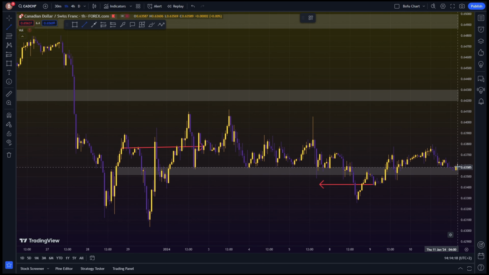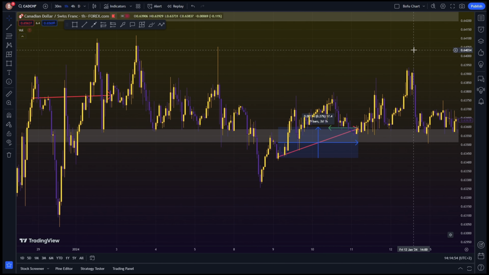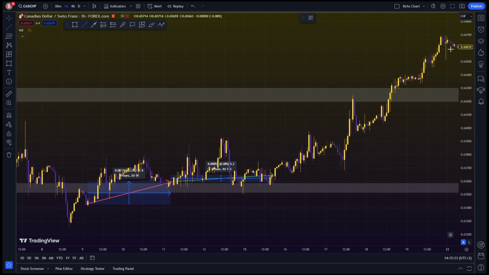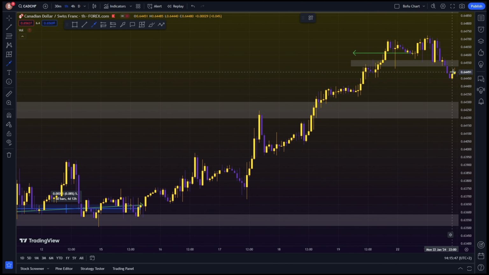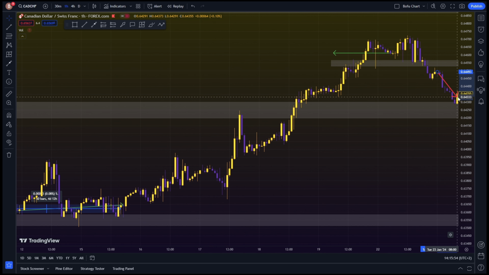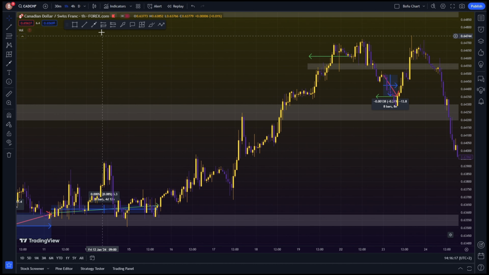We're back up, so I'll close this short and go long. We're still walking sideways, so I'll close this position to be safe. We finally have a nice upward trend, so I'm buying on the rebound. The price is going even lower, so I'm hedging this position. I close the short with a profit and open the second long. Unfortunately, the price has reversed its trend, so I leave those two positions and head short again, but in a